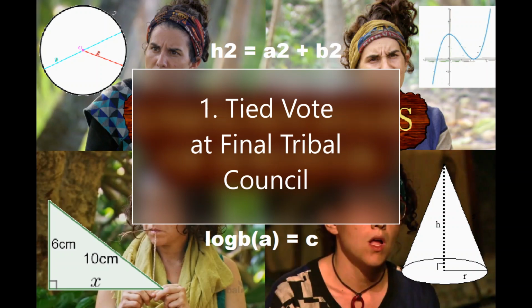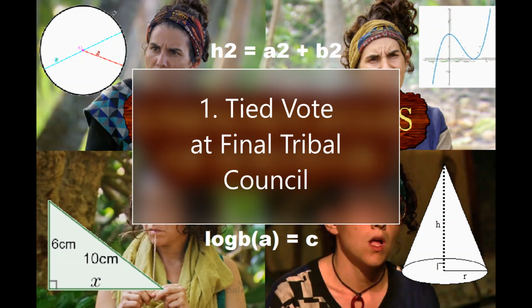So if it's a final 2, one situation which could occur would be the first jury member's vote is removed. So in the circumstance with Parvati and Amanda, rather than it being a 4-4 split, it could be a 4-3 split with that final vote being removed. Alternatively, the last member voted out of the game that didn't make the jury could cast the final vote to decide the game. So that would be a 5-4 rather than a 4-4. And this would also work in the circumstance of a final 3 split.